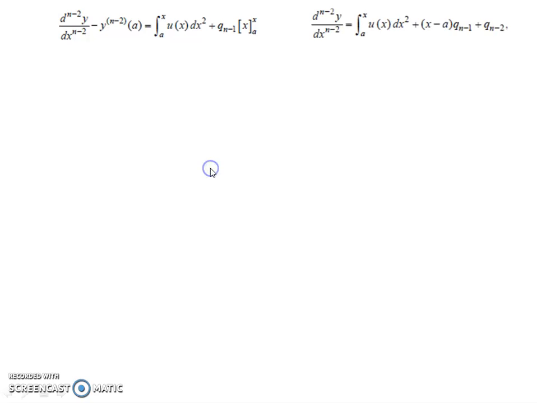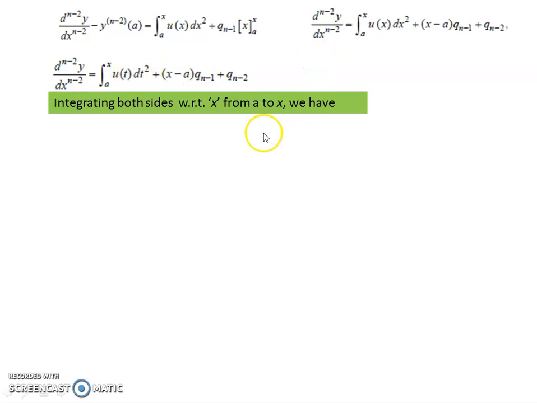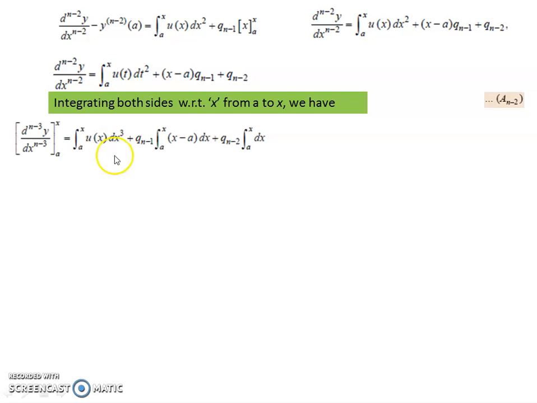Now come to the fundamental theorem, and we have y^(n-2)(a). y^(n-2)(a) is q(n-2), so I shift to this side and this integral remains as such. But here just see, I convert x to t and I apply the formula which we have written in the first slide, that we convert this double integral into a single integral. And similarly we have again integration both sides. So again integration both sides, we got this, again integration, and this is our next substitution by the fundamental theorem.